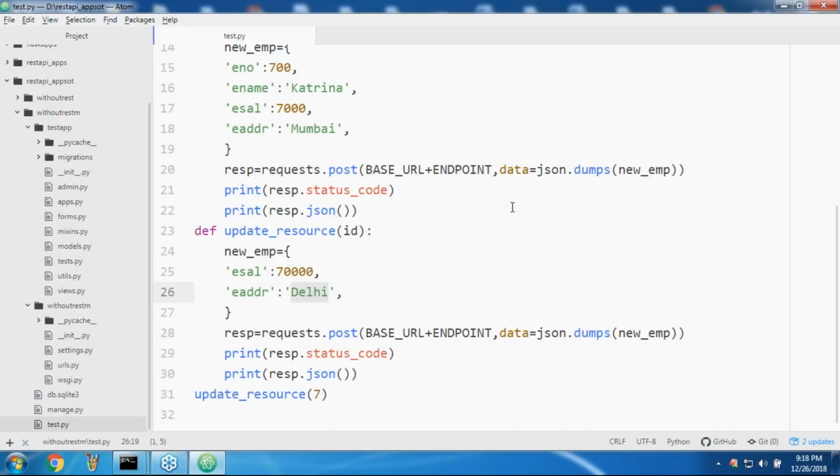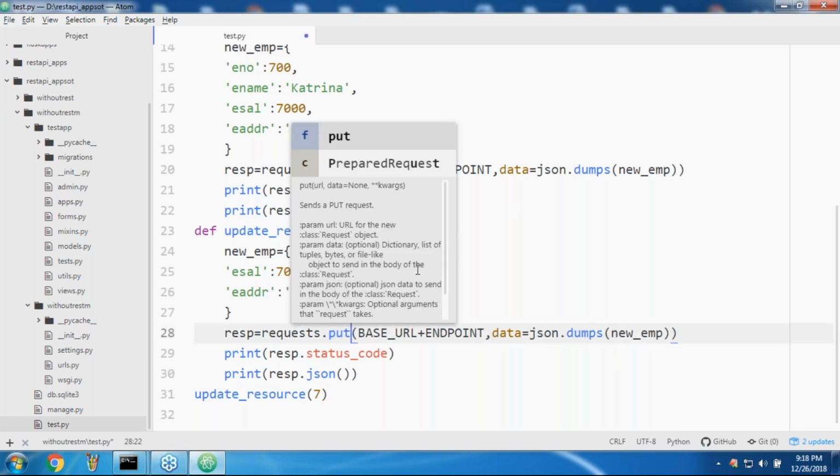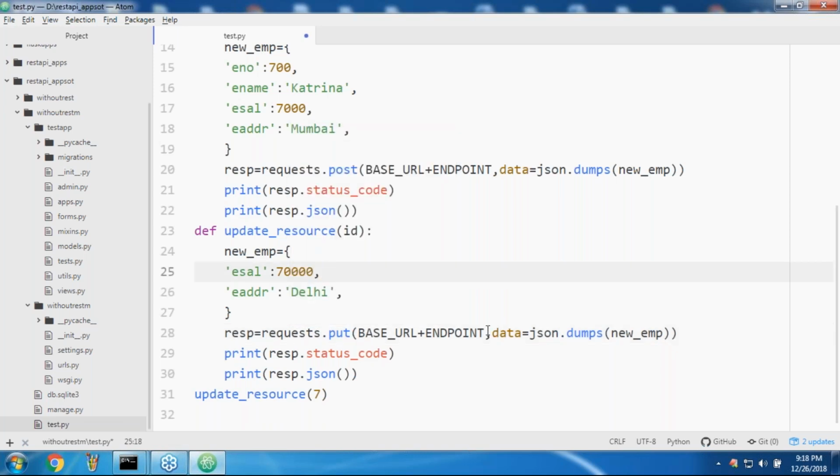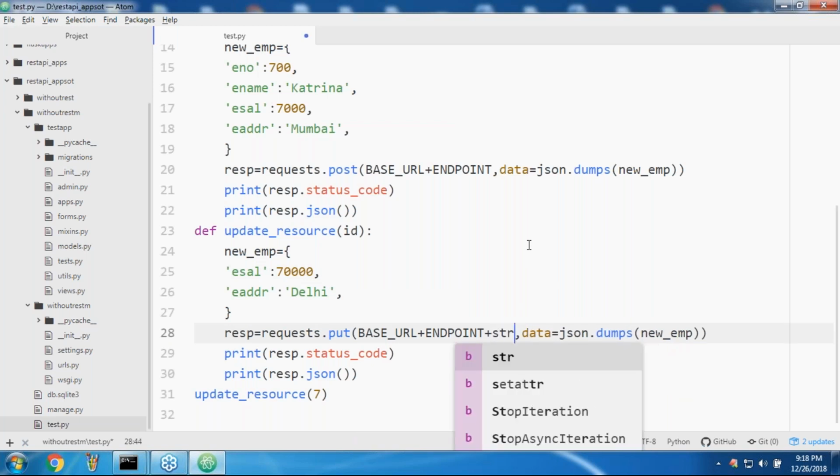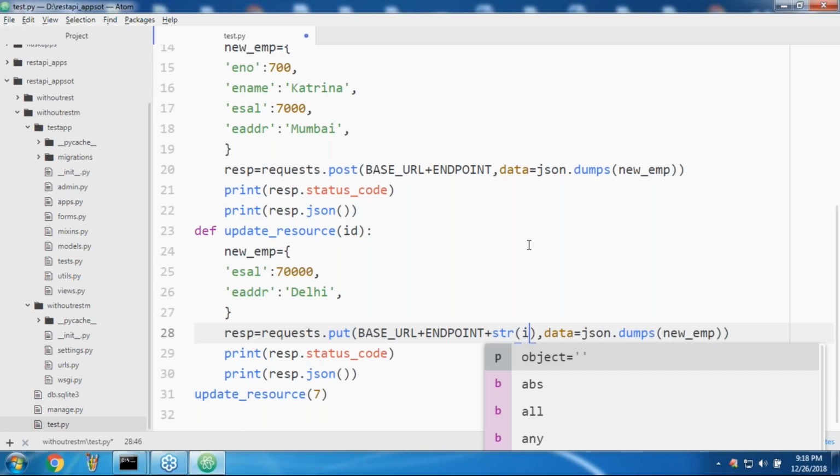This is about my requirement, right? So how can you do that? If you want to perform updation, compulsorily the put method must be required. Next, in the endpoint, compulsorily we require to pass the ID value also, str of ID,